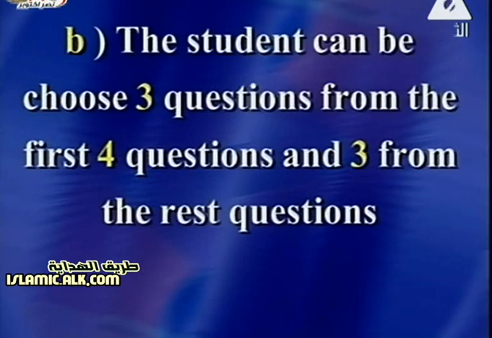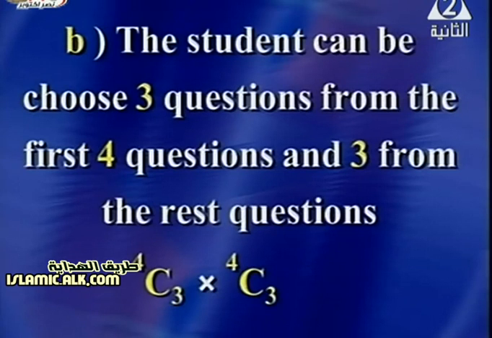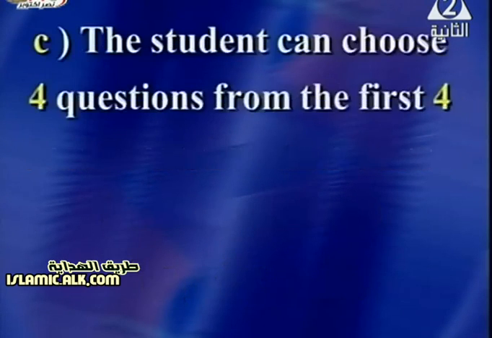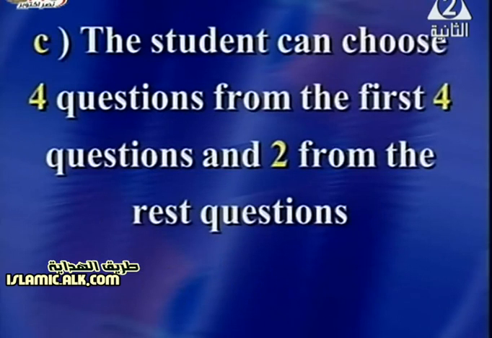The student can choose 3 questions from the first 4 and 3 from the rest. Remember, the exam contains 8 questions, but the student can choose 6 questions from 8, with 3 from the first 4 and 3 from the rest. The answer is 4C3 times 4C3, which by using a calculator is 16 ways. Number C. The student can choose